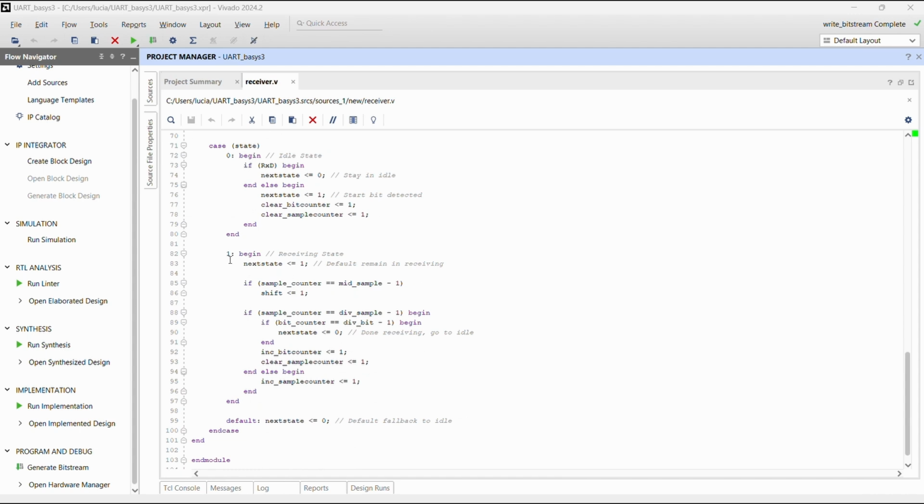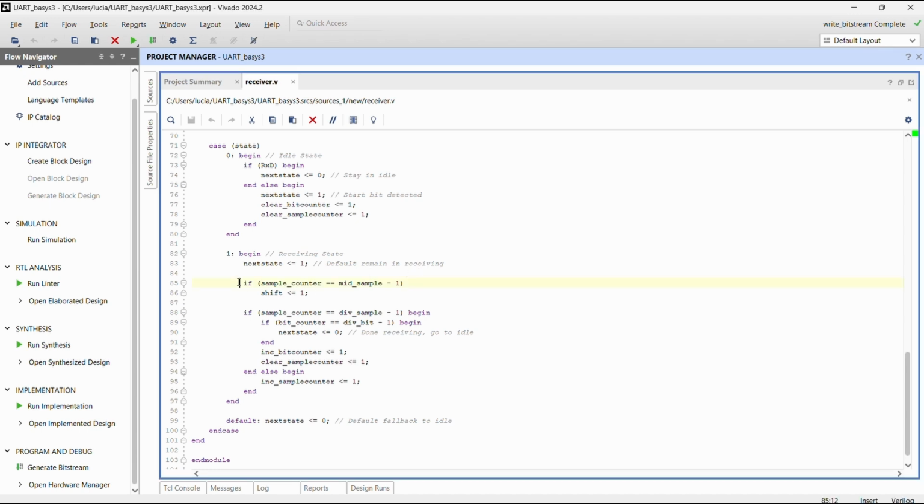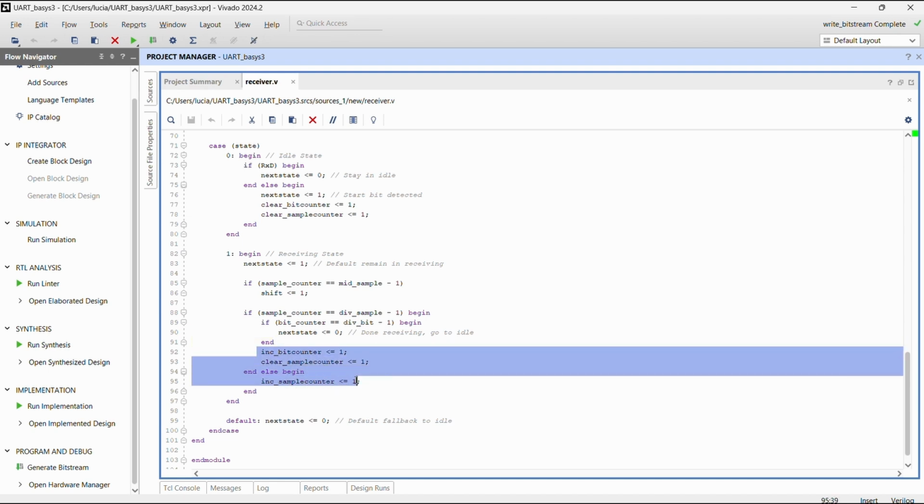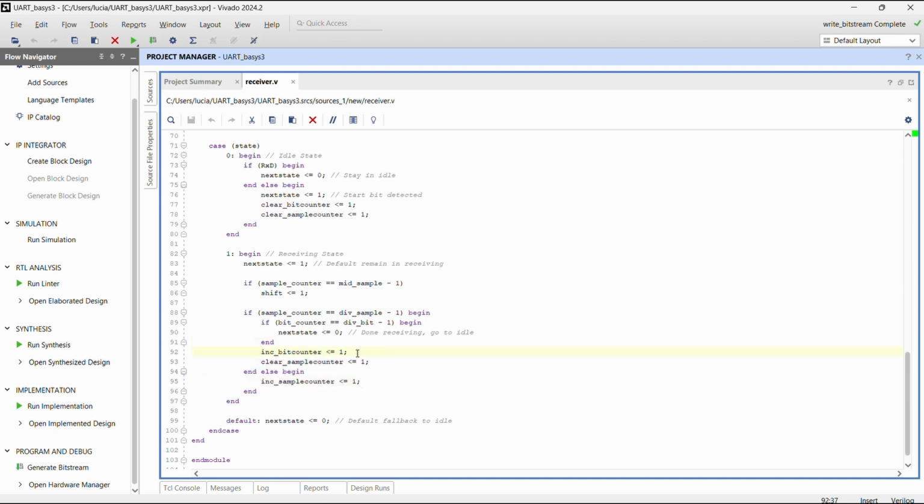Now we should get into case one, the receiving state. This state is already the default remaining receiving state, and this line is nothing but: if the sample counter is 1, it triggers shift. If this statement is nothing but the sample counter is 3 and the sample rate used is 4, this statement triggers the increment if the bit counter is not 9,